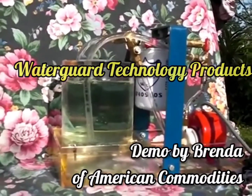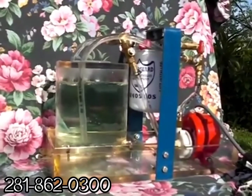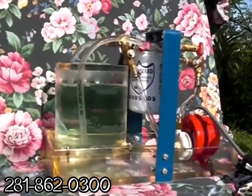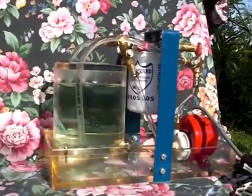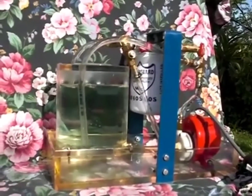What you're looking at is a WaterGuard demonstrator. It is a mini tank filled with lamp oil, and it has already been filtered. We've already filtered about 1.5 cups of water through this, just trying to do this little demonstration, but we keep